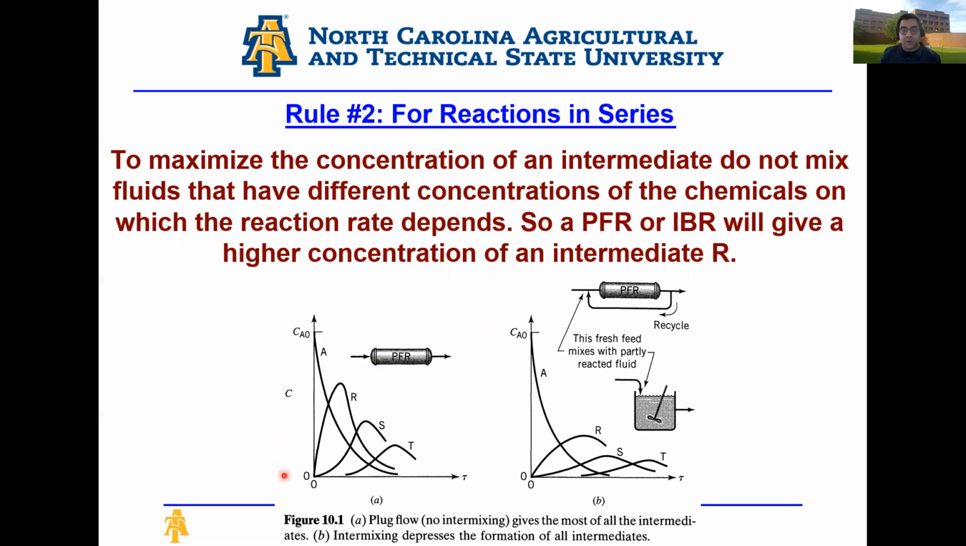So if I look here, the graph on the left-hand side shows the concentration versus time when I have a series reaction. In this case, it's A goes to R, goes to S, goes to T, whatever the reaction is. And I'm looking to maximize R, maybe maximize S. Just basically trying to maximize one of the intermediates in my series reaction. And if I use just a PFR with no recycle,